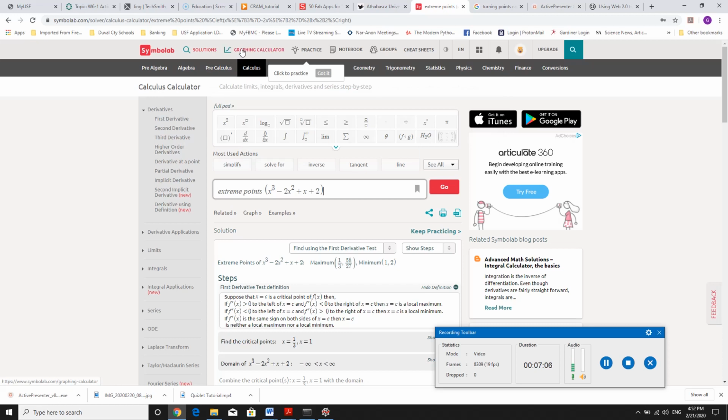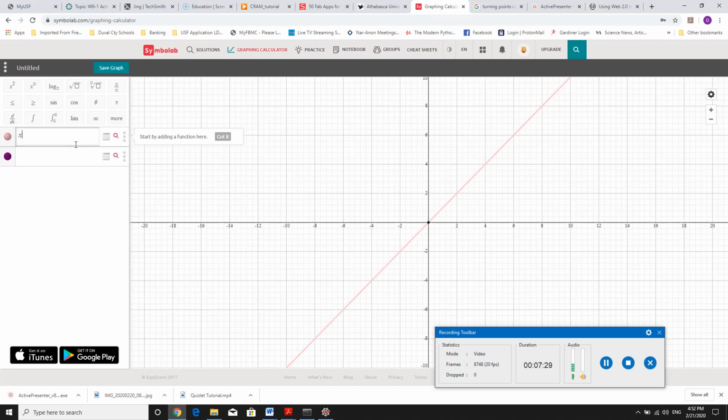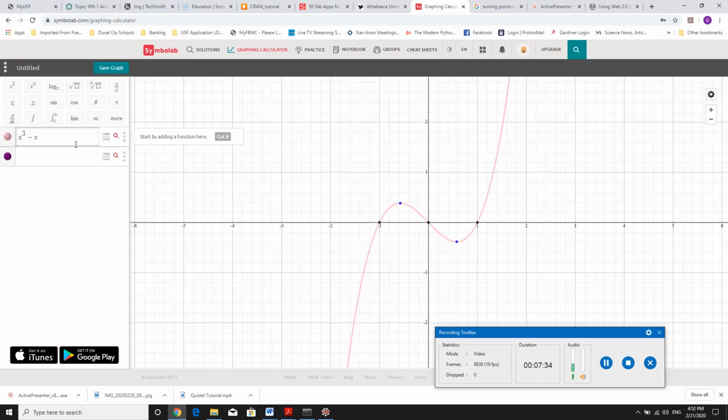You can use the built-in graphing calculator to check that result and see if it visually fits what the software gives you. So having this built-in graphing calculator is very nice. Here I'll show what I'm talking about. If you enter x cubed minus 2x squared